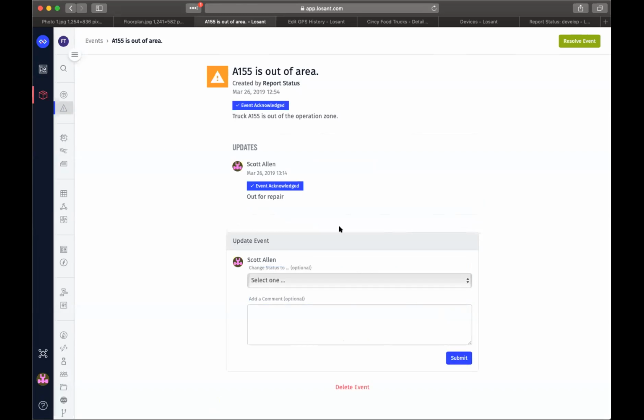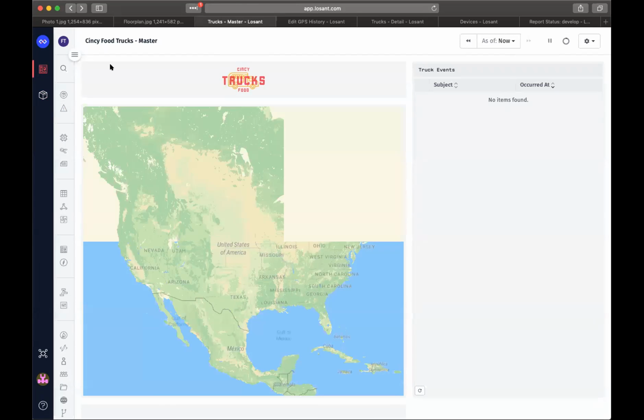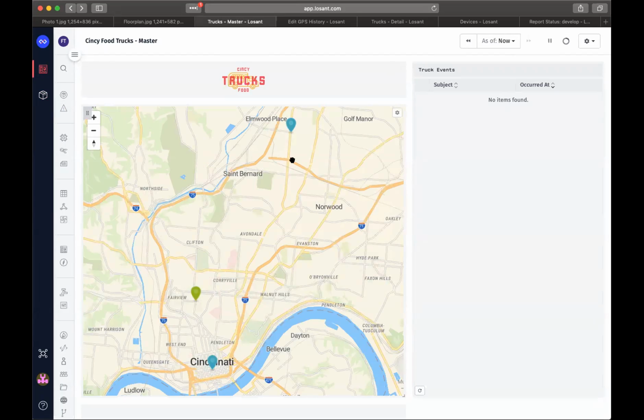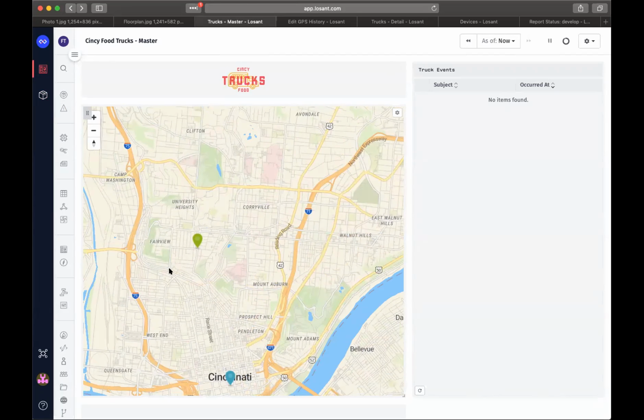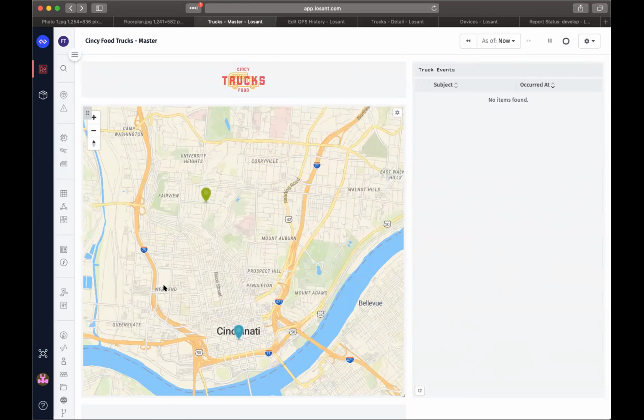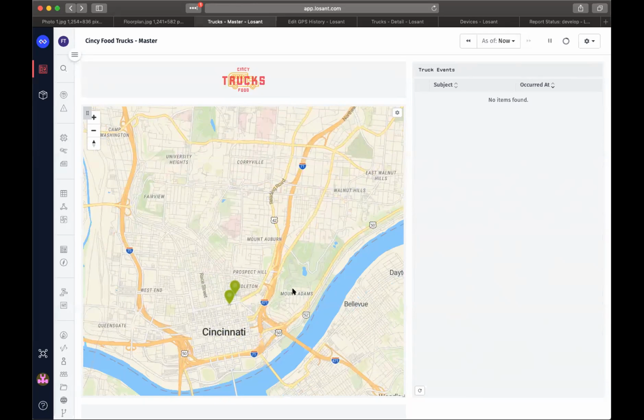So we can start tracking how often our trucks leave the area and if it's for a known condition or if something's going on that we don't exactly know about. So we have all of this information here. And for the top level management, that's really about all I need to know. Now with the map, of course, I can zoom in, move the map around to an area that I want. That way I can see what is happening. But really between the map